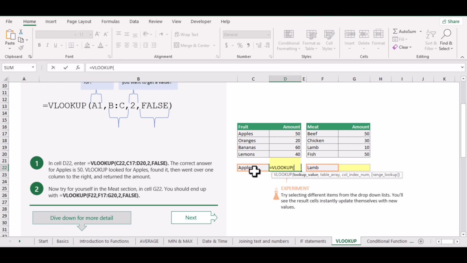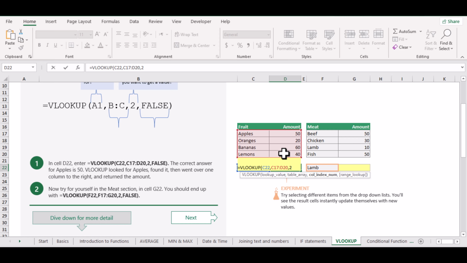I'm gonna look for this, comma, and then select where do you want to look for this value. I'm gonna look for the value in these two columns. Start from here, and then comma,